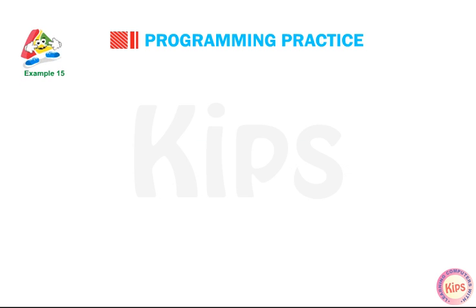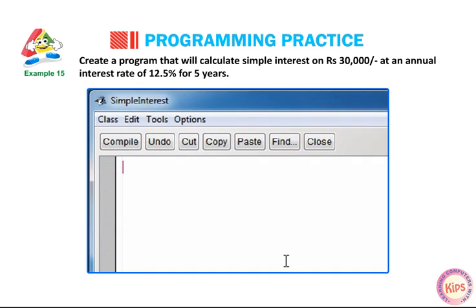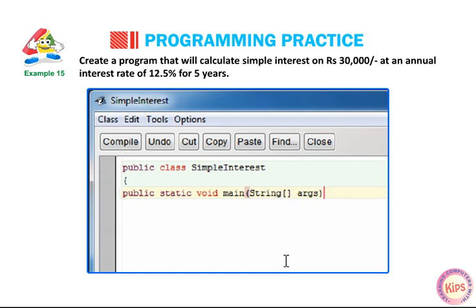Example 15. Create a program that will calculate simple interest on rupees 30,000 at an annual interest rate of 12.5% for 5 years. public class SimpleInterest { public static void main(String[] args) { float interest; int amount = 30000;